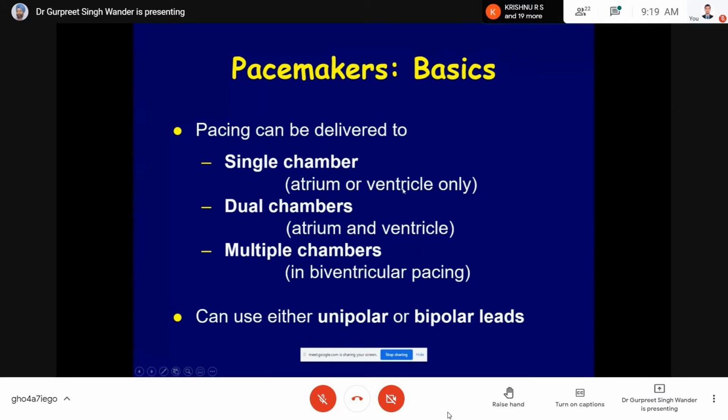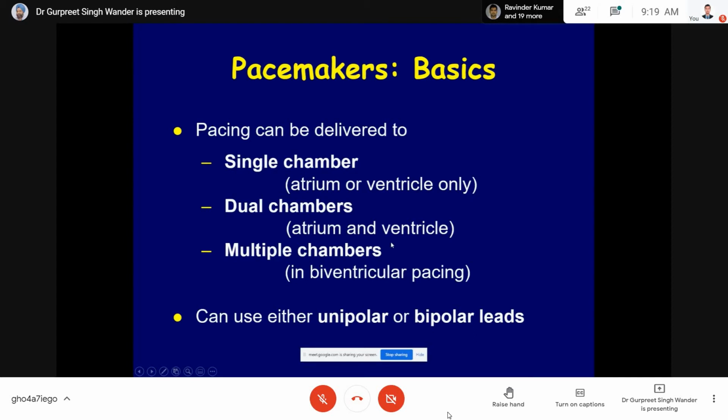If we pace the ventricle, you can understand that the atria pump blood into the ventricle and then the ventricle pushes it to the whole of the body. That atrial kick will be lost. So after a couple of years of development of single chamber pacemakers, within 5 to 10 years, a syndrome was recognized which is called pacemaker syndrome. In these patients, cardiac output, that is the amount of blood the heart pumps to the whole of the body, was not adequate. And so it was quickly realized that we need to develop dual chamber pacemakers.